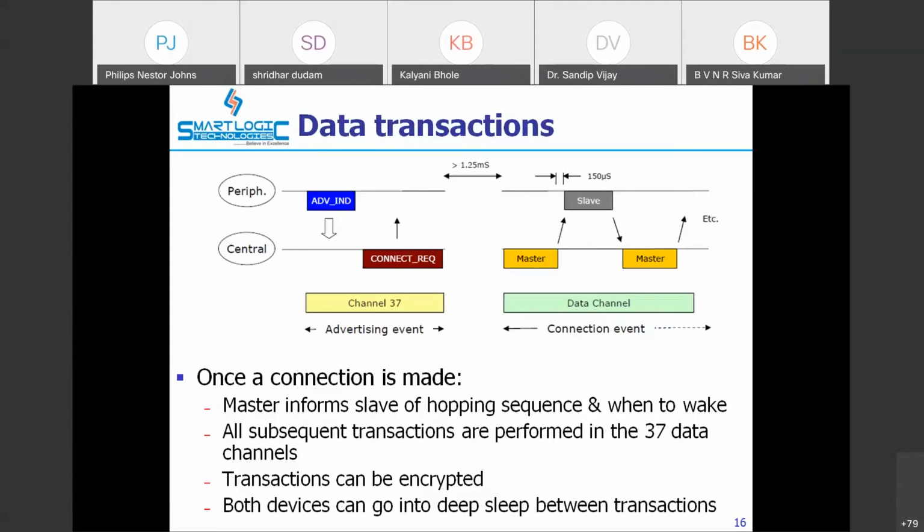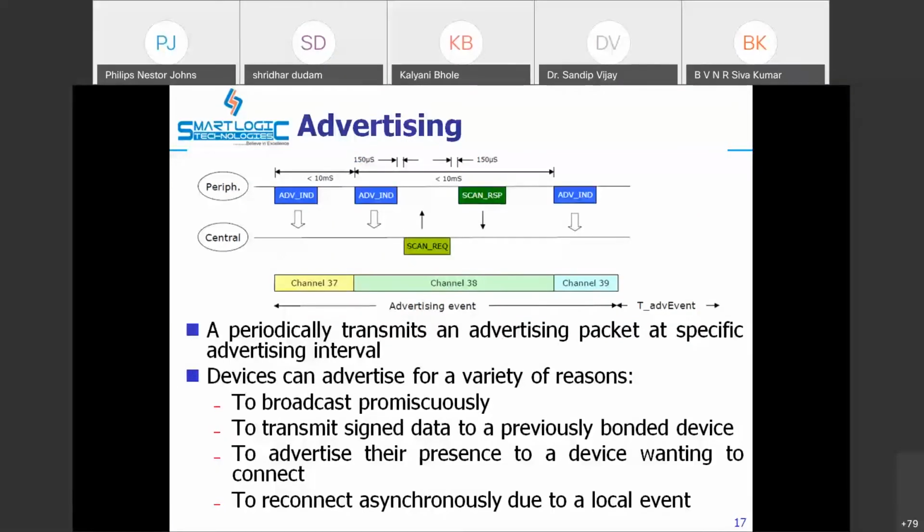In that way, power is optimized in BLE. The advertising is very important. BLE mainly works on advertising. Your peripheral device periodically transmits an advertising packet.